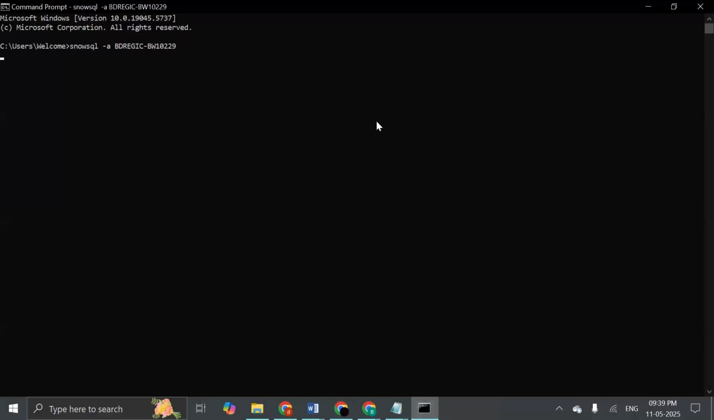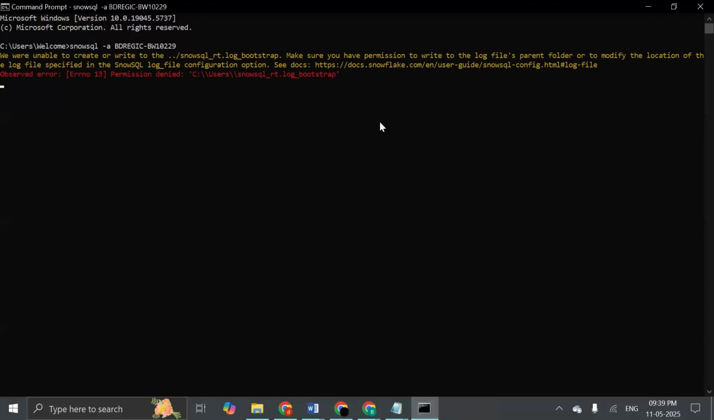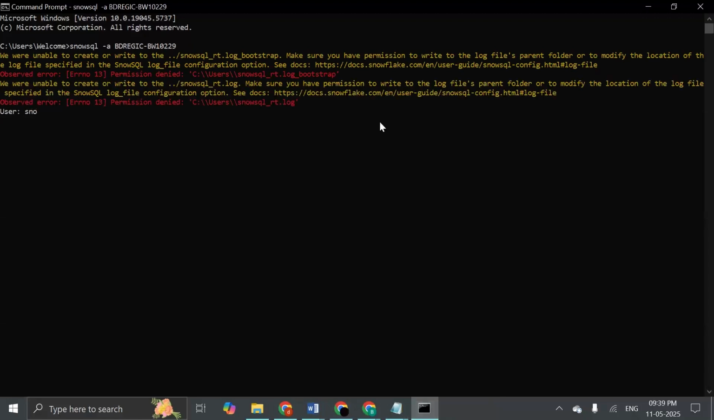This is the account details. Now it will ask the username and then it will ask the password. Given the password correctly, now we need to connect it to the database. So connecting to the database,